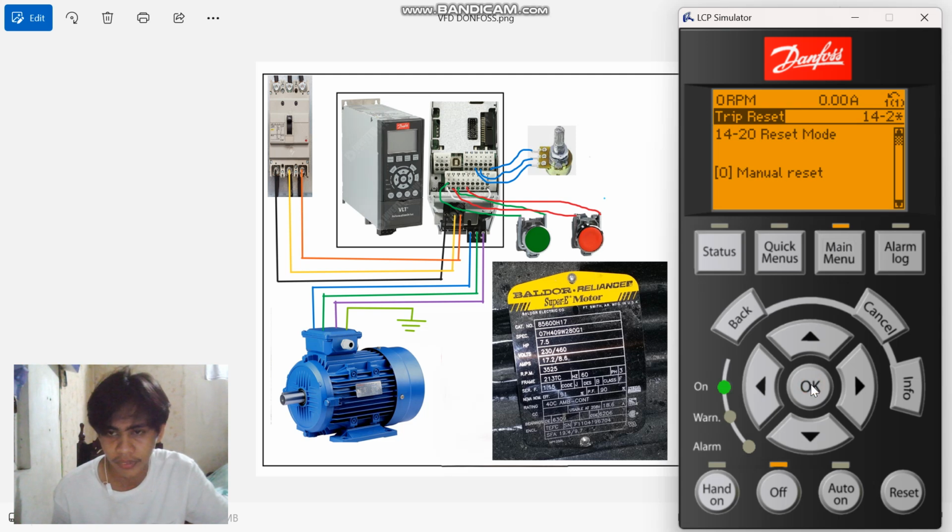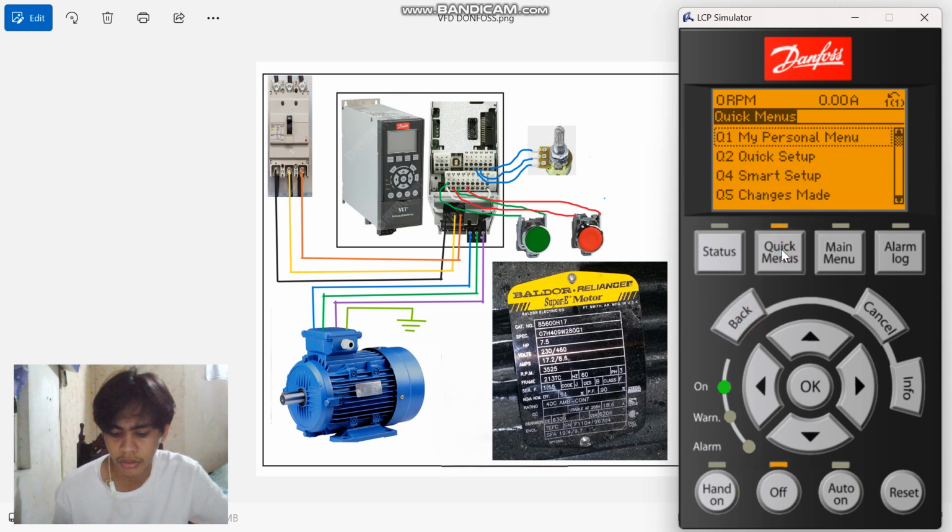Click OK. Then go to 14-22. Click OK. Then we're going to change it to initialization. Okay. Then go back.